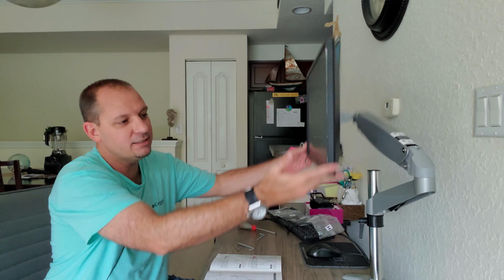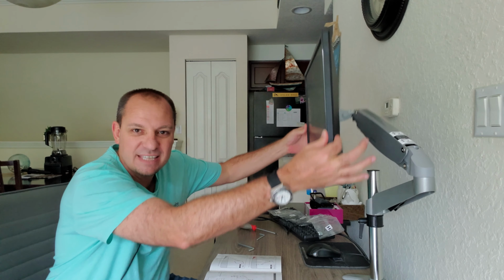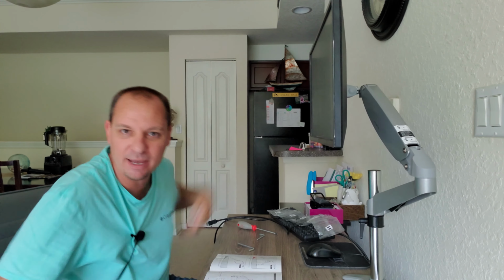So when you get it, it's got a lot of tension on it, and therefore smaller monitors like mine, 24, 22 inch, you're not gonna be able to pull this down and have it stay. It's gonna pop right back up when you pull it out of the box. As you saw when I was doing the unboxing, there was a lot of tension. There was that warning sticker. There was that Velcro around there saying, be careful, because as soon as you let that Velcro off, pop, it's